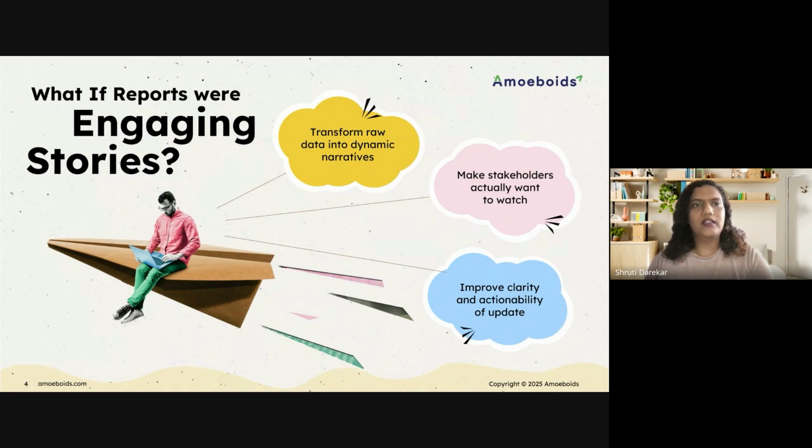How are you resolving them? If you can create a story out of it. Many people don't like to read, but they will definitely like to watch it and listen to what you're saying. And this will also increase the clarity of your reports. Plus, the stakeholders will be more eager to take actionable decisions.